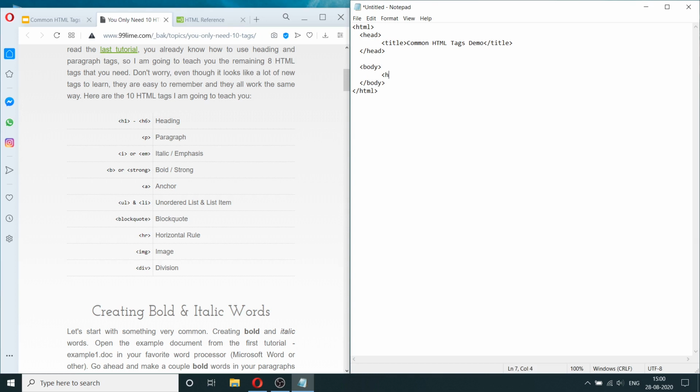So here I'm going to create a h1 tag. And then also do a h2 tag. So you can see here it says h1 through h6. That's what I'm doing here. So basically you'll have different sizes of headings based on what number you use.